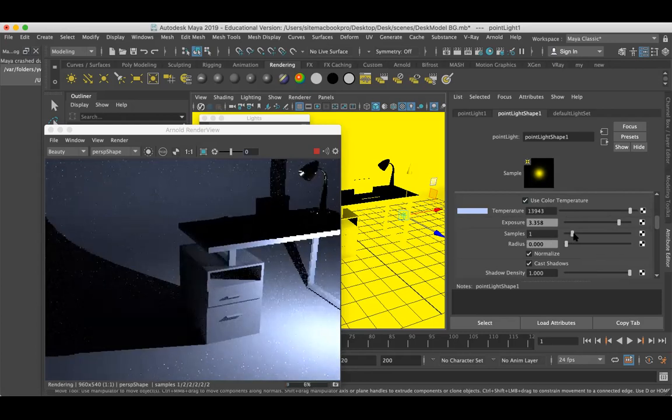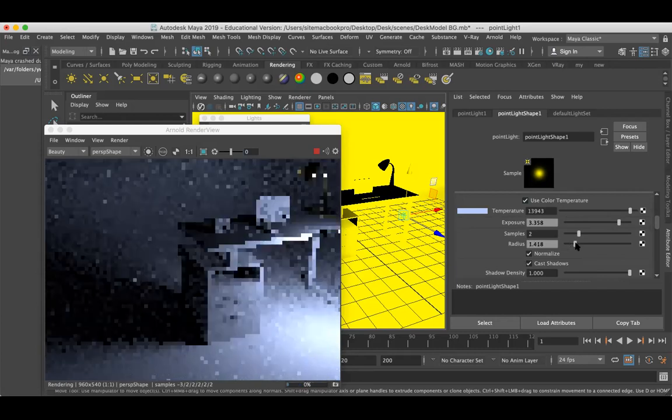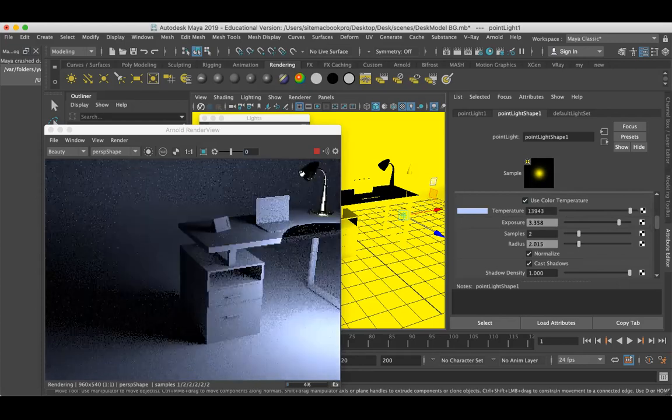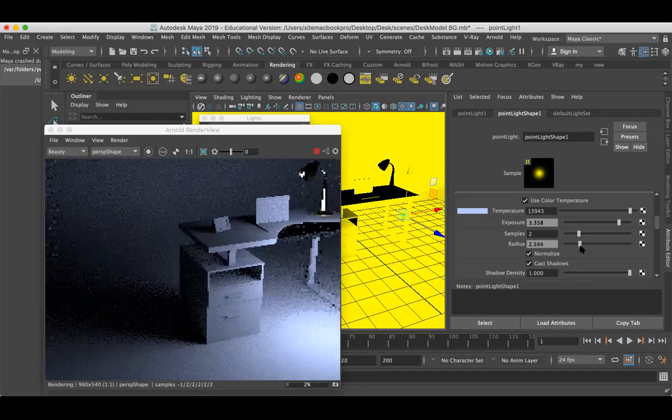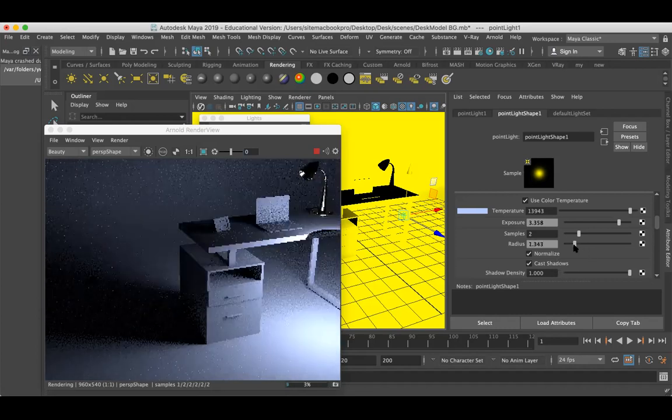Look into the samples. If I increase the samples, it will reduce the noise, and the radius over here will soften your shadows. In the point light, if you increase the radius, it will soften the shadows.